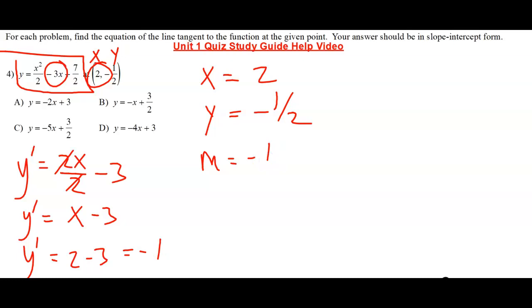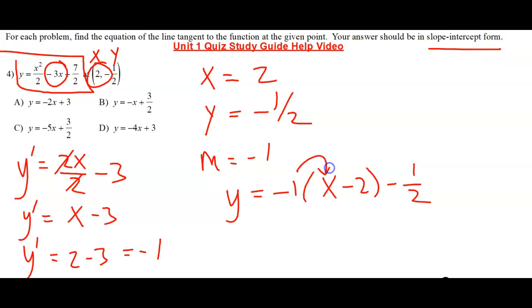And I'm ready to go ahead and write my slope-intercept form. So I'm going to put my slope here, I'm going to put my x value here, and I'm going to put my y value here. Now, typically, when we're doing this in class, I've just let you guys leave it like this, because that's typically what all you need to do on an FRQ question. But on multiple choices, you do have to simplify sometimes, and in this case, we do, because they do want it in slope-intercept form. So I'm going to distribute here,